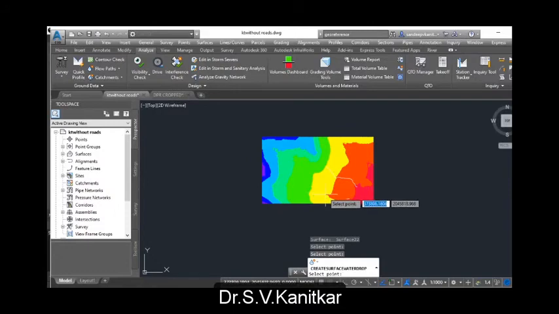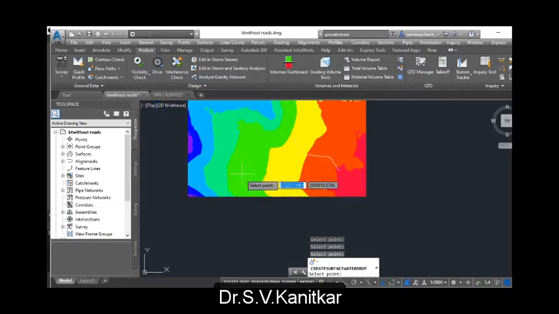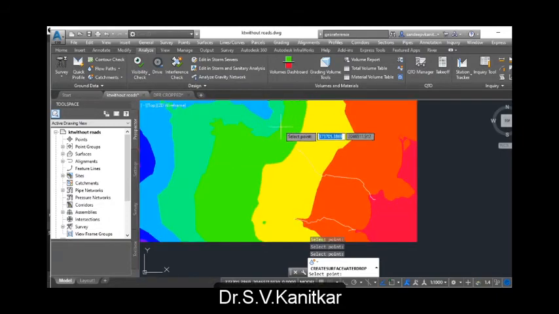You can check it has generated streams. Likewise, as I create water drops, it will generate streams accordingly. So this is a very fast way of analyzing the network and extracting streams from the actual terrain, and then you can match up with the actual vector layer of digitized streams from toposheet or maybe satellite imagery.